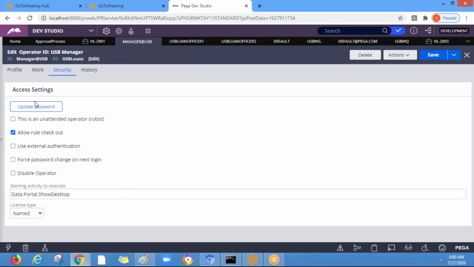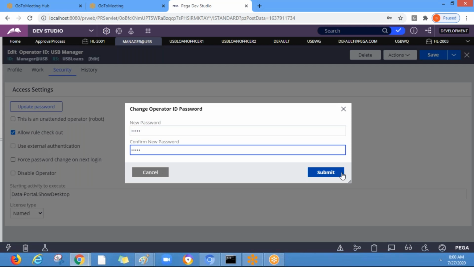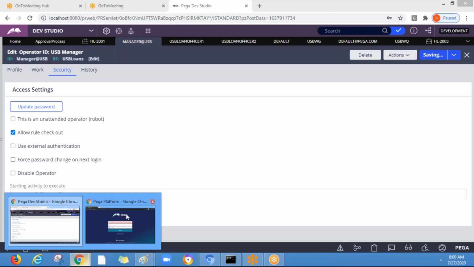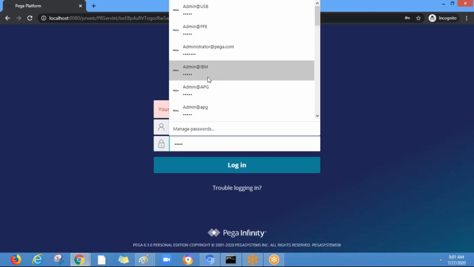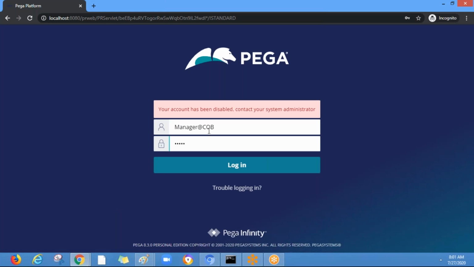Okay. So let's update the password. Manager USB.